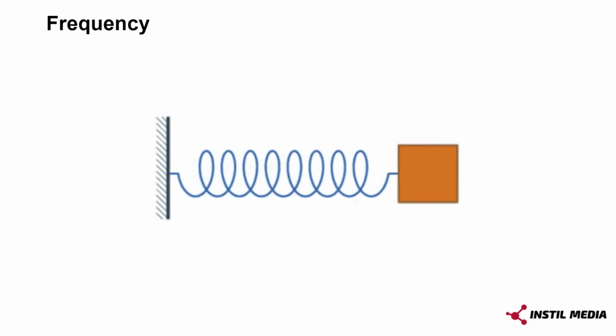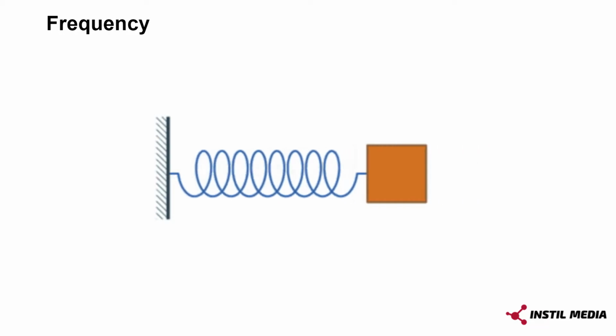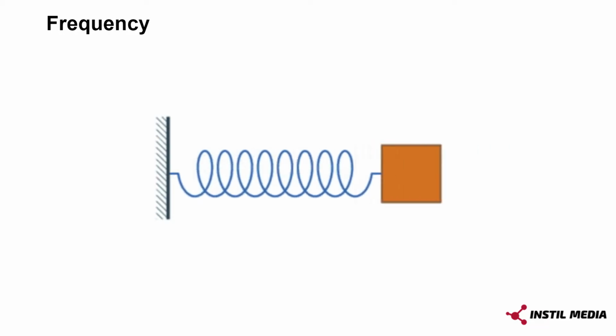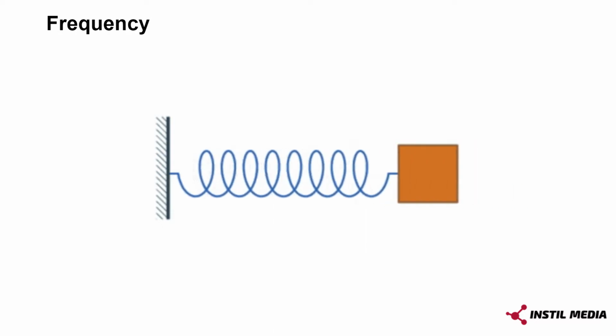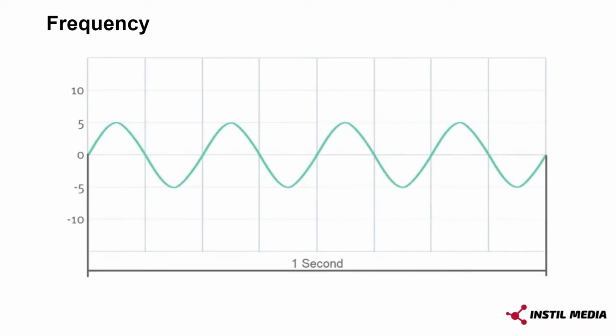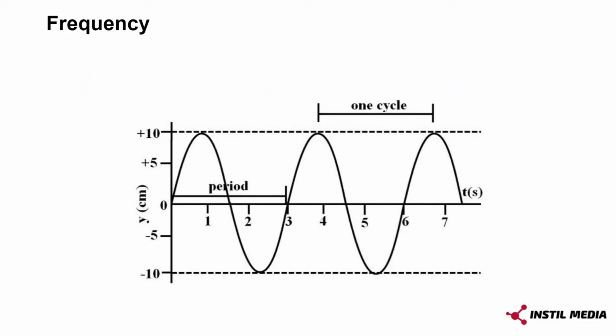The rate at which an acoustic generator, electrical signal or vibrating mass repeats within a cycle of positive and negative amplitude is known as the frequency of that signal. It is the number of waves emitted, or received, in 1 second. One completed excursion of a wave is known as a cycle. The number of cycles that occur within a second is measured in hertz. The time it takes to complete one cycle is called the period of the wave.